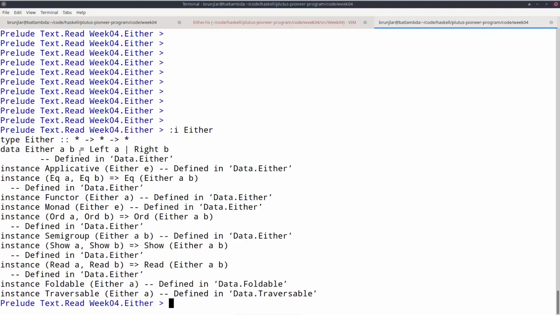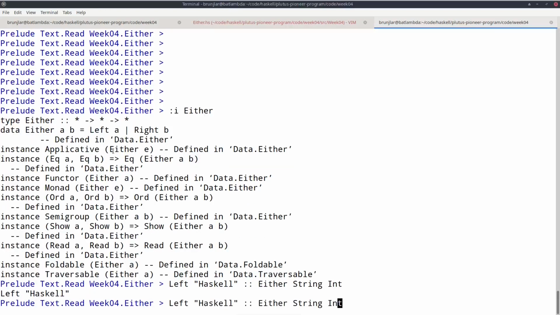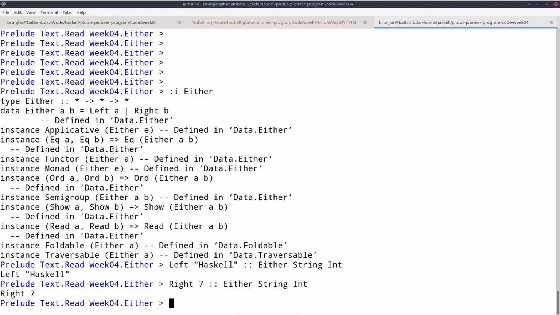So an either a b can either carry an a or it can carry a b, and the two constructors are left and right. So for example, I can have left Haskell. It can be of type either string int, but I can also have right 7 of the same type.